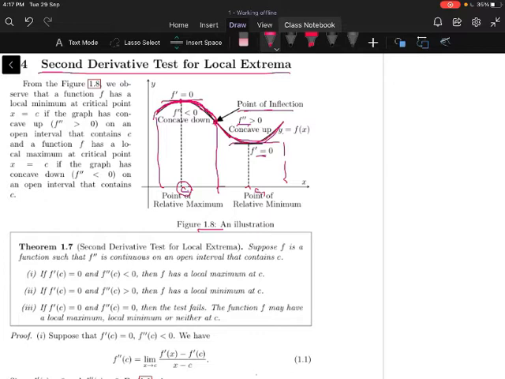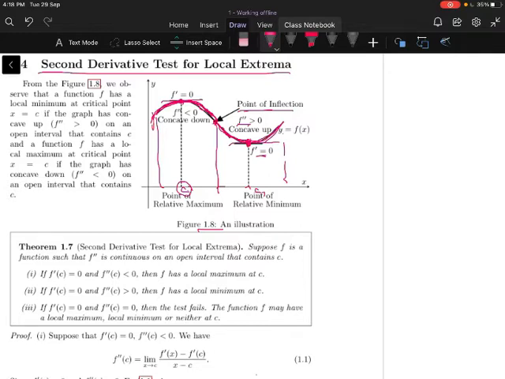From here you can also observe that f dash of x is 0 at this point, which we can take as c1. So c and c1 are the critical points. At these points we can observe a local maximum value and a local minimum value, because the first derivative f dash is increasing for this interval, later it is decreasing. So at this point you can observe a local maximum value. From here you can observe that f dash is negative and then f dash is increasing, therefore this point is called a local minimum value at x equal to c1.